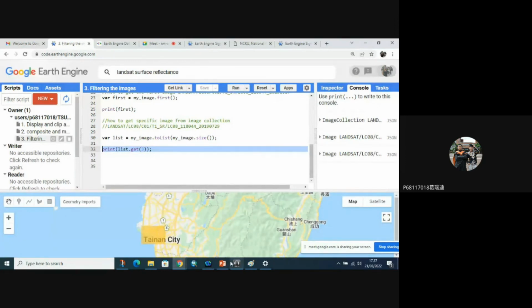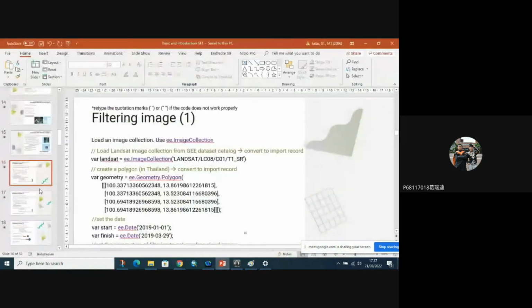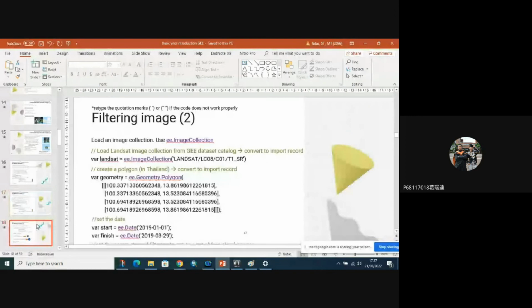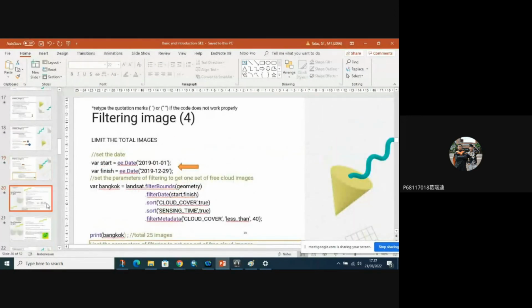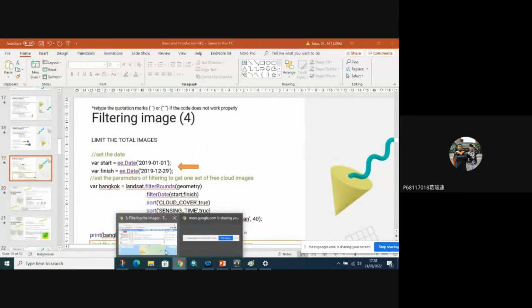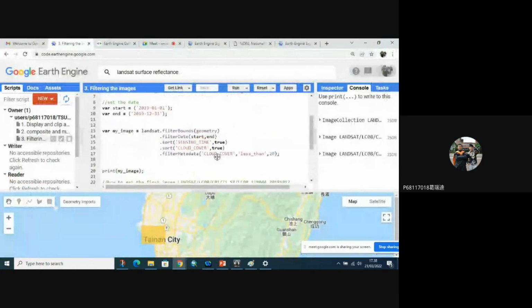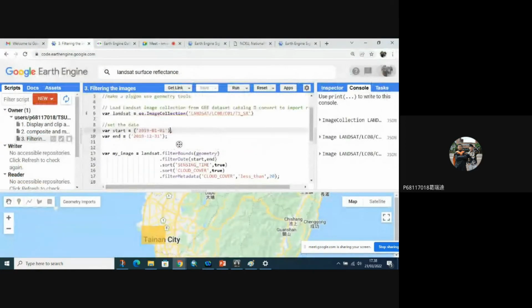So, what is the agenda after filtering the image? Let's do the same. Oh, limit the total images. Okay, I will limit. Change the date to 2020 maybe to make it bigger.